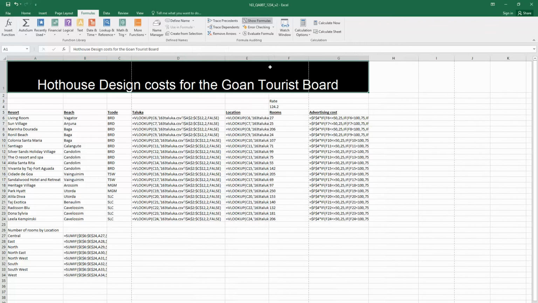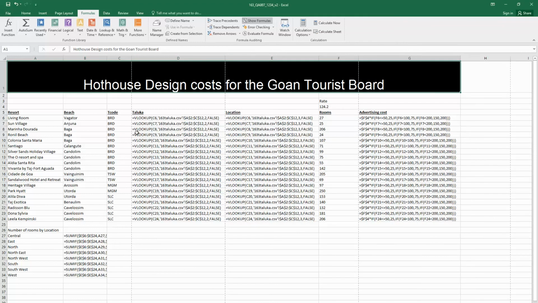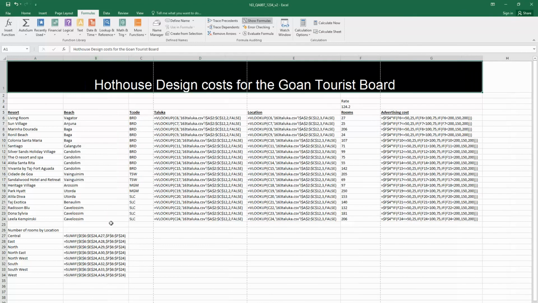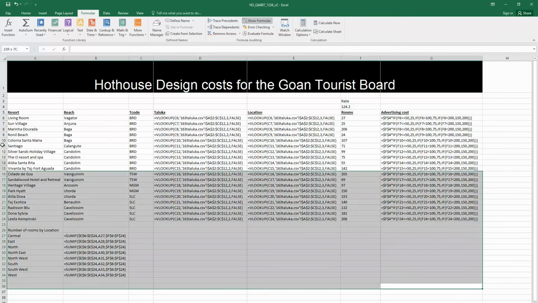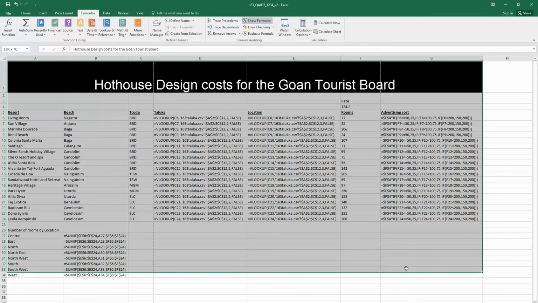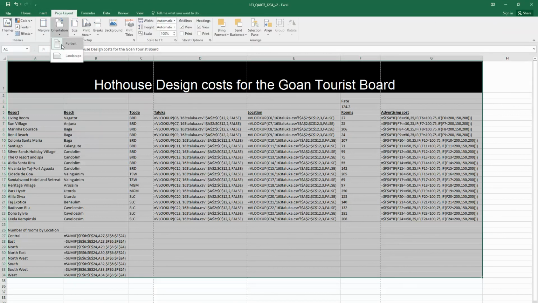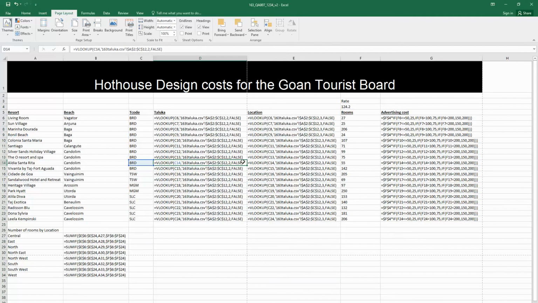I need to make sure everything is visible, so I'm just going to double click all of these to make sure all my formulas can be seen, including this one here. Don't forget that one. I'm going to highlight everything, and then the first thing I'm going to do is change the orientation: page layout, orientation, landscape. I have to print the whole of this, but before I do that, I need to put my name